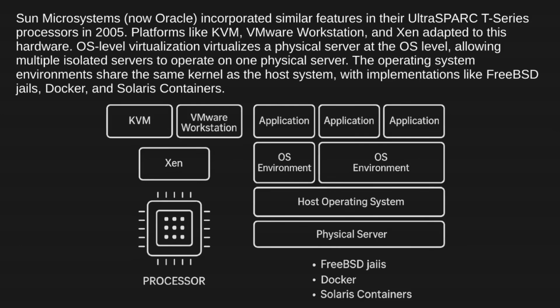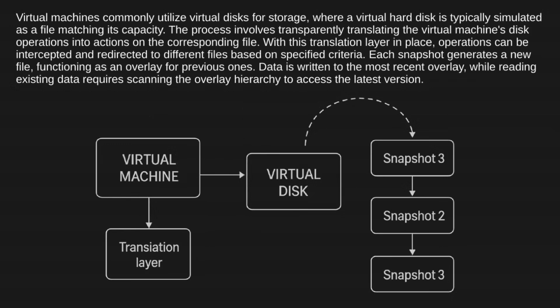OS-level virtualization virtualizes a physical server at the OS level, allowing multiple isolated servers to operate on one physical server. The operating system environments share the same kernel as the host system, with implementations like FreeBSD jails, Docker, and Solaris containers. Virtual machines commonly utilize virtual disks for storage, where a virtual hard disk is typically simulated as a file